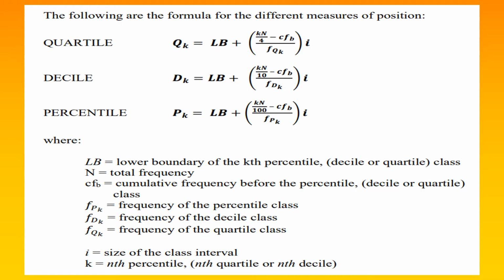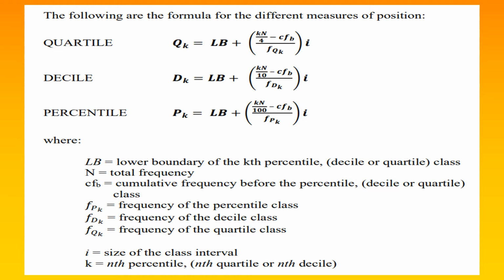Q sub k is equal to LB plus the quantity k times n over 4 minus CF sub b over F sub q sub k times I. In decile, D sub k is equal to LB plus the quantity kn over 10 minus CF sub b over F sub d sub k times I. In percentile, P sub k is equal to LB plus the quantity kn over 100 minus CF sub b over